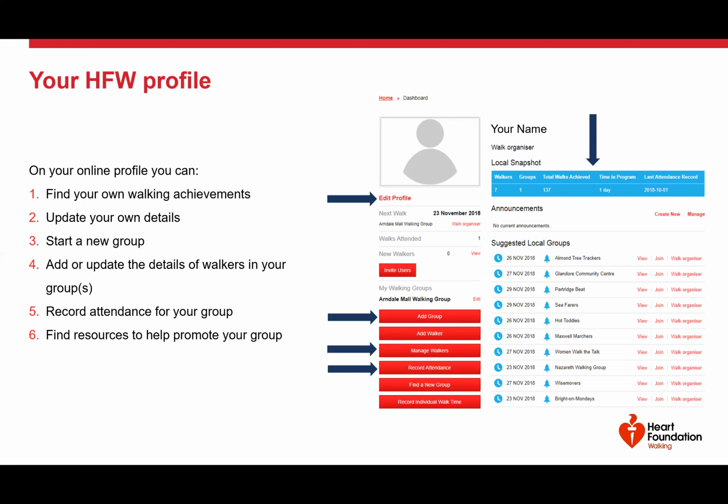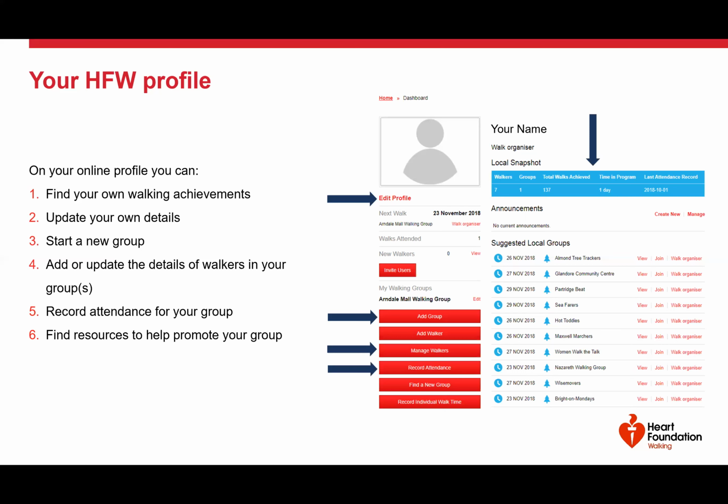Local coordinators, you also have the ability to produce reports which state how many walks a group in a region has conducted. It's also important to consider this is the best place to update your details if there are any changes. It's important to keep your information up to date as it may be used to connect walkers to your group. If you are having difficulty or can't access a computer, you can contact the Heart Foundation helpline on 13 11 12 for assistance.